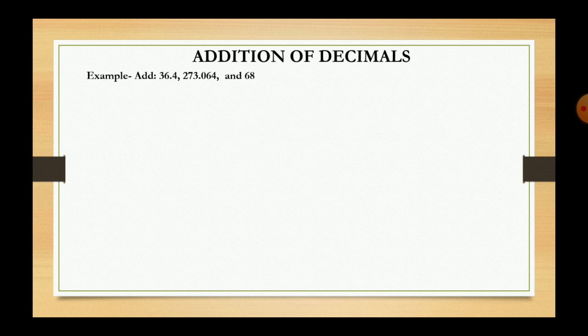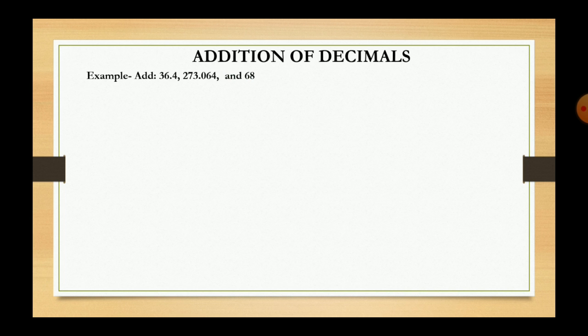The first basic step must be to convert all the unlike decimals into like. As you can see that we have 3 different decimals and all these 3 are unlike to each other. Let's convert them into like. So to convert them into like, see which decimal number is having the maximum number of decimal places. So we can see that 273.064 is having 3 decimal places except those 2. So let's make the rest 2 numbers decimal places in 3 decimal places.